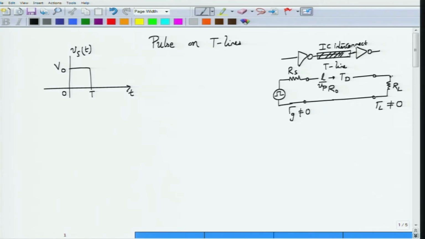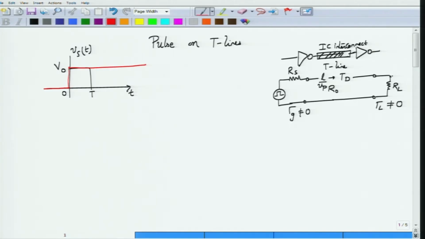Now how are we going to analyze the response, or how do we understand the pulse propagation on the transmission line? Well, you remember from your signals and systems courses, probably, that this pulse source can actually be broken up into two step waveforms. How? You have one step which I am representing here by a red line,